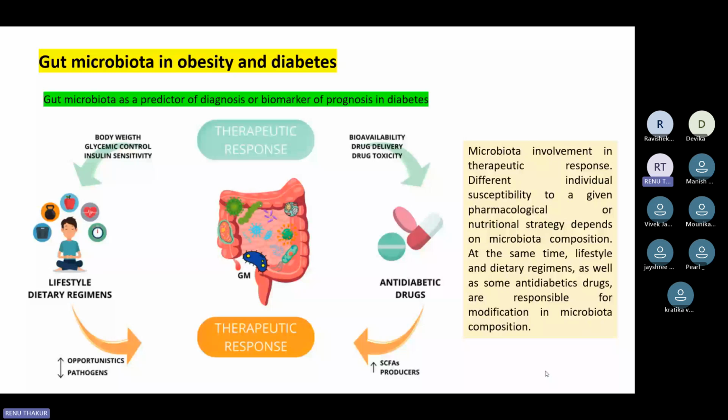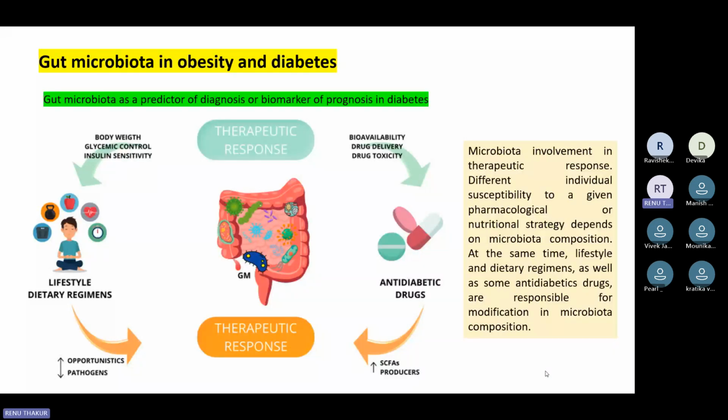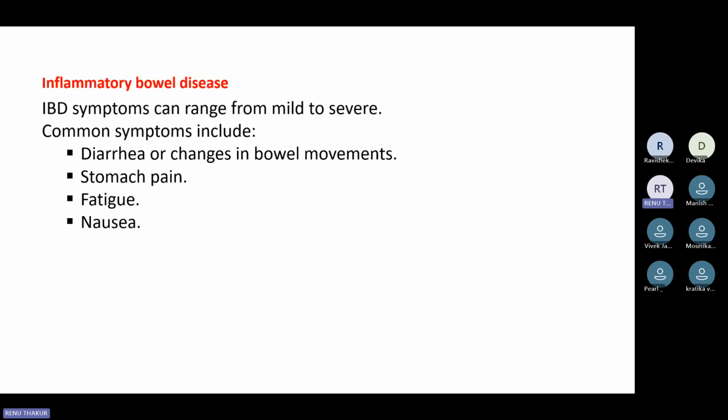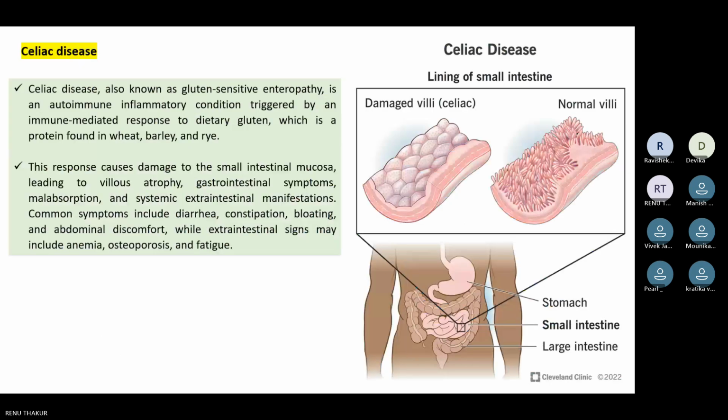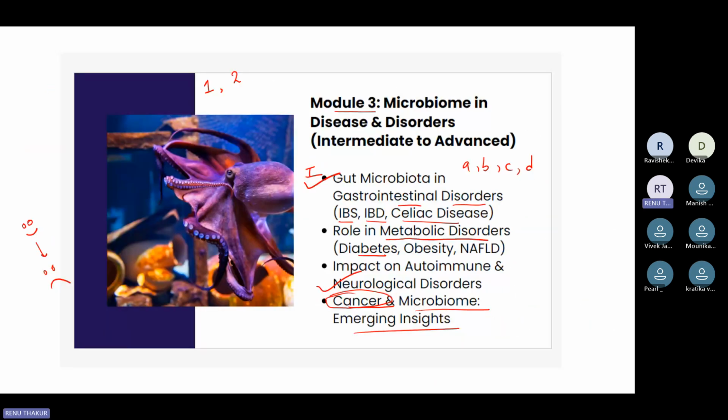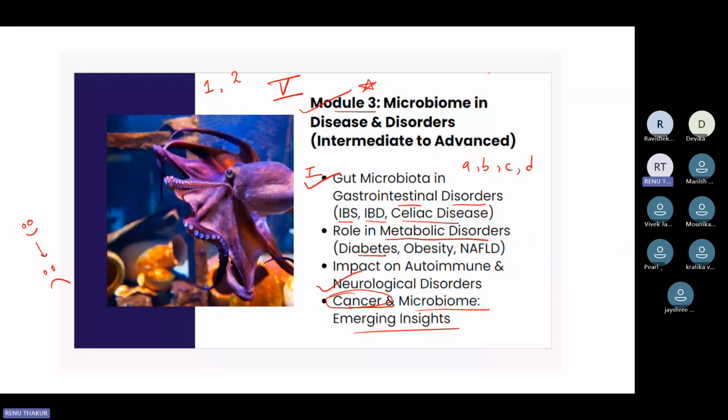So I was just analyzing the syllabus we have. In the third module, we have a total of 5 modules. I analyzed it in a very detailed way, and I found that module 3 is one of the most important modules, because module 1 was basic, related to what is microbiome, what is the composition of different bacterial and fungal groups, and what is the actual role. It was an overview, a basic thing.